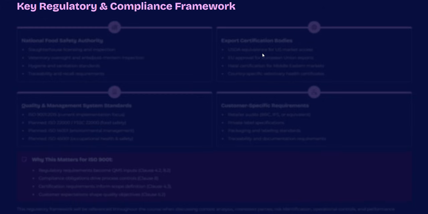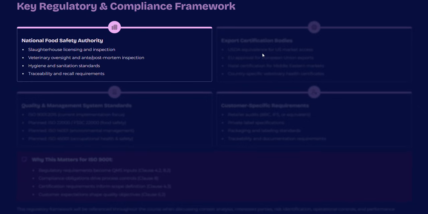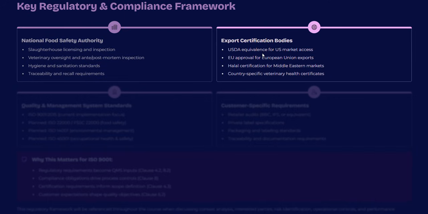Now let's look at the key compliance framework for our case study organization. First, the National Food Safety Authority is responsible for overseeing slaughterhouse licensing and inspection, veterinary oversight and post-mortem inspection, hygiene and sanitation standards, traceability and recall requirements. And also, if we look at export certification bodies, those oversee USDA equivalent for US market access, EU